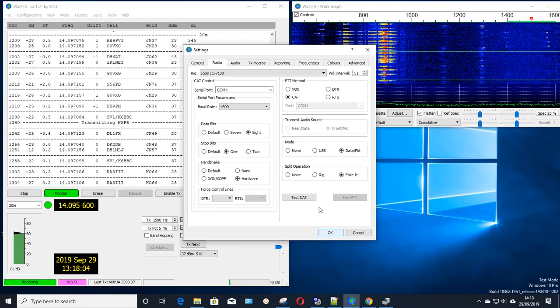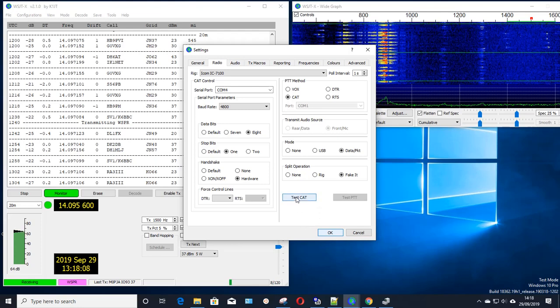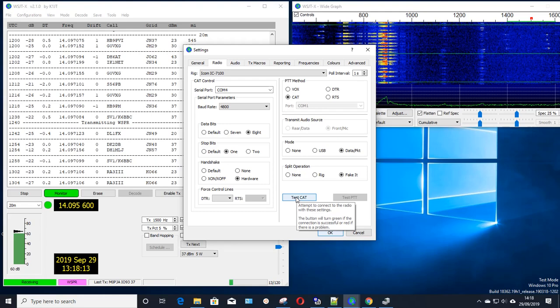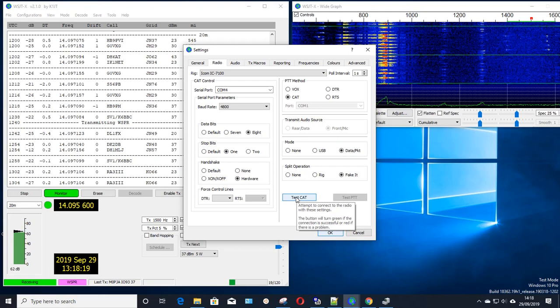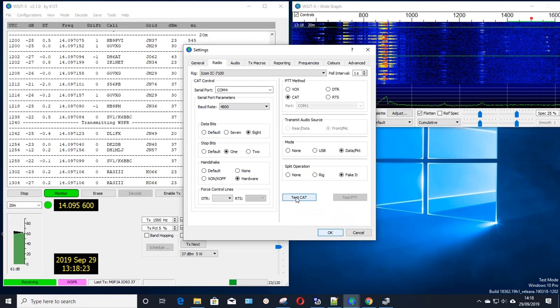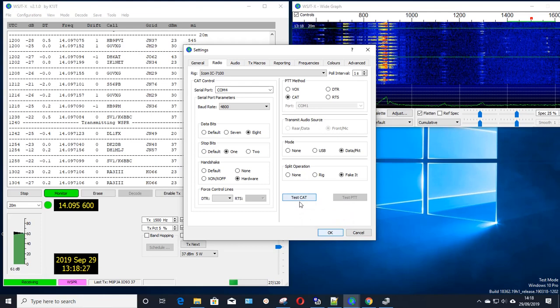Now you have two options down here. So when you've got your radio connected, you can run a test CAT, and if it turns green it's good, and once it's tested OK, you can then test your PTT. Now I'm not going to do that now because we've got the software running, and it doesn't really like it if you do that whilst the software is running. But you can test your CAT and your PTT out. Once they're working fine,